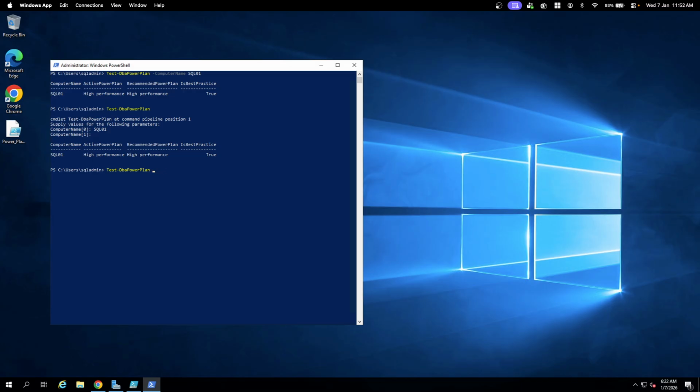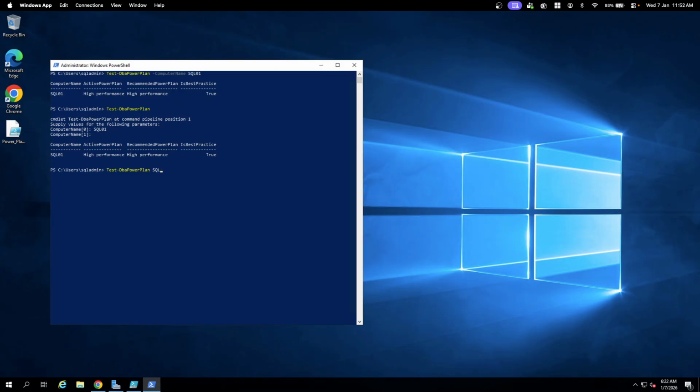You can also pass computer names like SQL01, SQL02, or Test-DbaPowerPlan SQL01, SQL02, SQL03. What this will do is, it will connect to each and every SQL server VM, and it will retrieve the power plan mode details for multiple servers from a single machine. Okay,